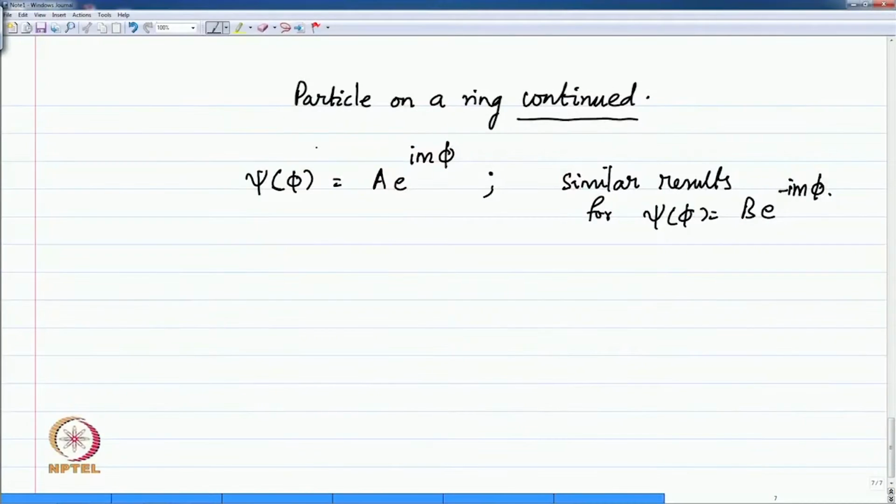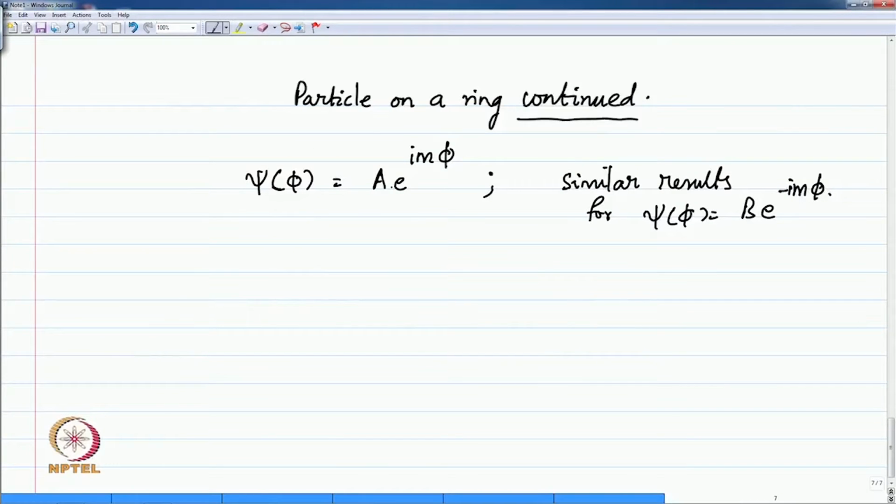We will continue with the second part. With this part I shall conclude the particle in a ring, in the rather elementary introduction that I have given. So, we shall look at a little bit more from what we left, namely we have the wave